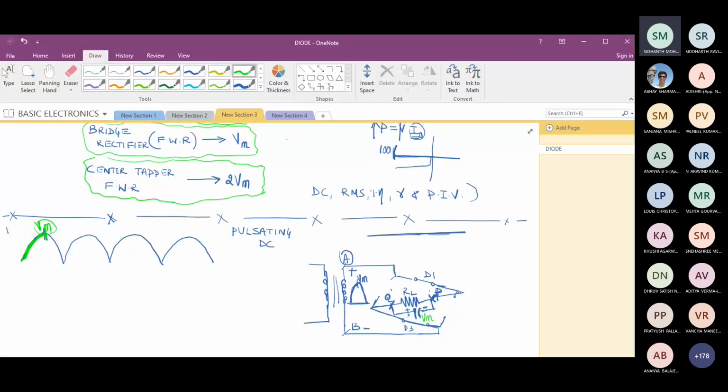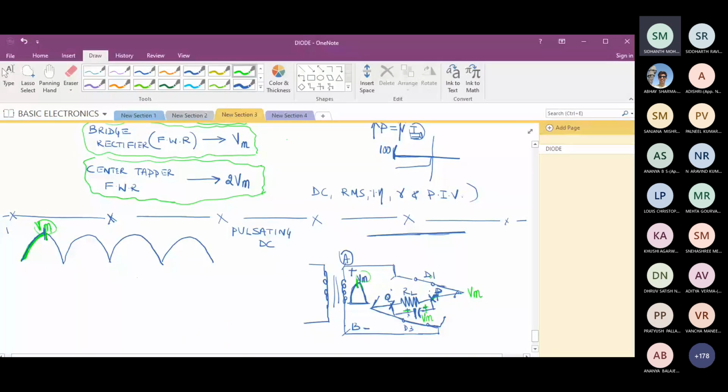Now the problem arises, and here you may find it a little difficult to understand. Please concentrate. Do you agree that the right side plate of the capacitor is sitting at plus and the left side plate is sitting at minus, the voltage Vm? Is P sitting at Vm now? Now the secondary winding voltage drops from Vm. Once it hits the peak value, will it start dropping?